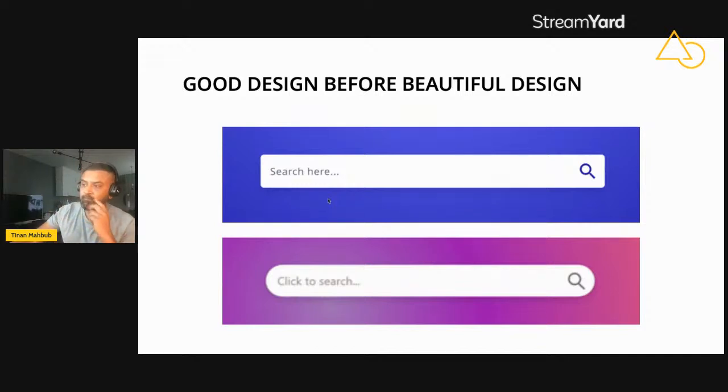We have 2 search bars here. It's very good looking, minimalistic. We have icons inside of the search bar, and then we have hint or ghost text that says search here. It's spacey. You have a lot of space around, and it's classy. It's neat and clean. But the problem arises here. People who use